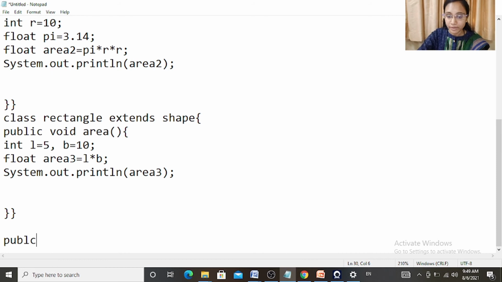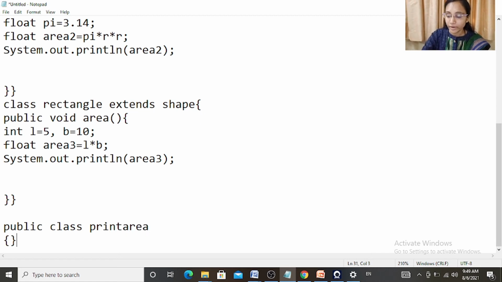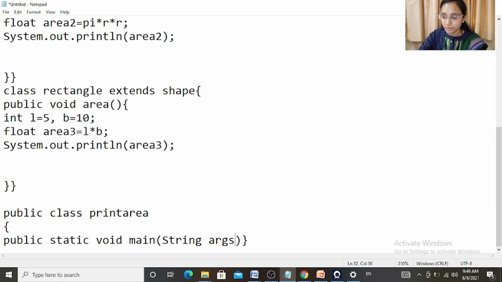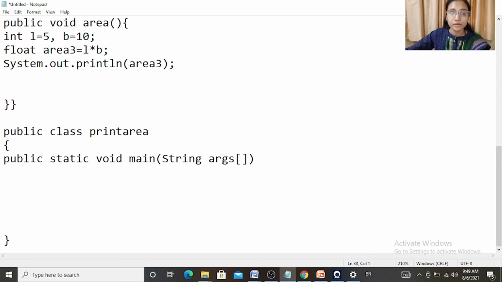that is public class PrintArea, and let's define main method in this class. Public static void main. Now here I will create object of all the 3 subclasses.